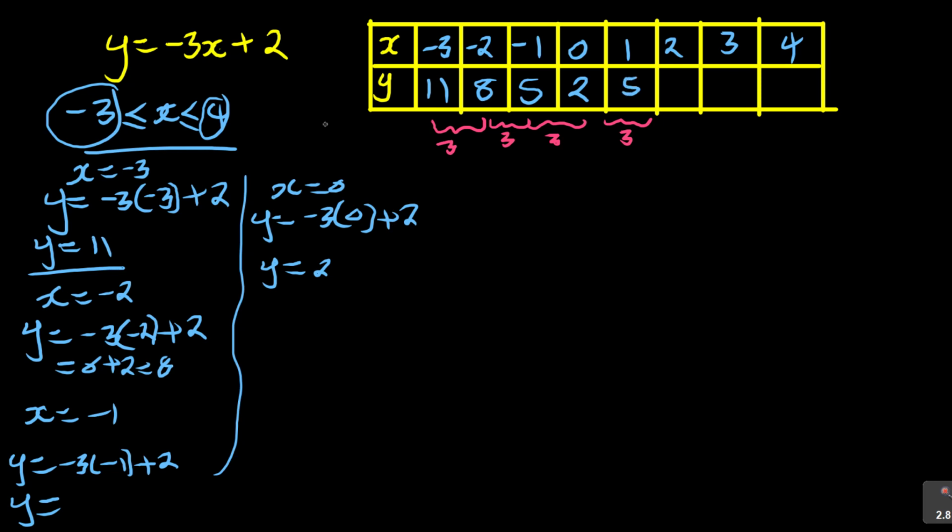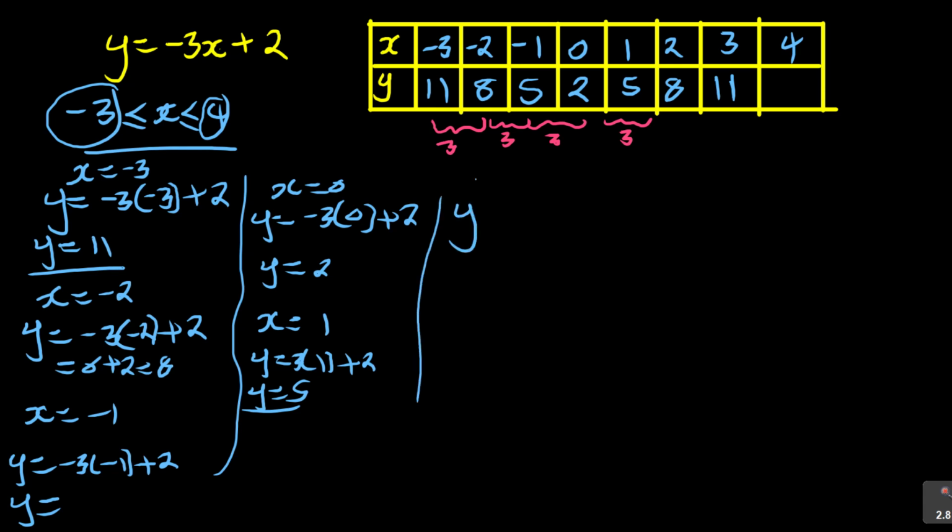See? But we can test it. When x is equal to 1, y is equal to 3, 1 plus 2. What is 3 times 1? Which is 3 plus 2 is 5. You see? So you can predict plus 3, 5 plus 3, you get 8, 8 plus 3, you get 11, 11 plus 3. When x is 4, let's test that one for 4. x is equal to 4, y is equal to minus 3,